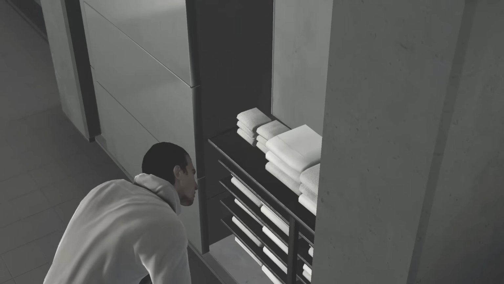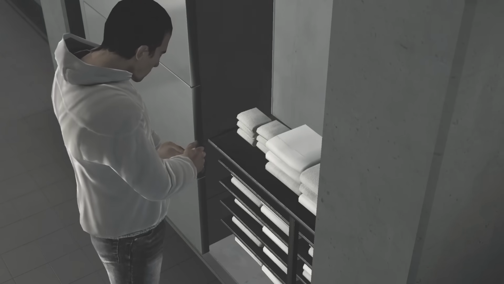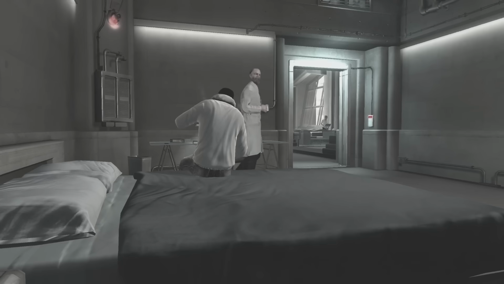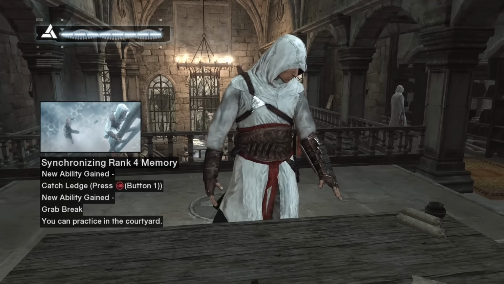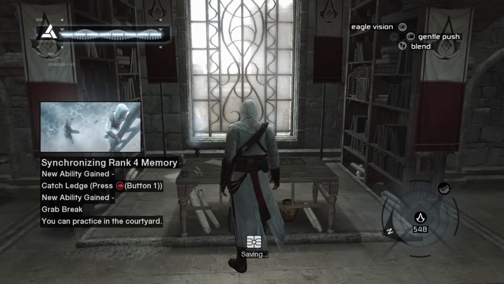Meanwhile, back in the real world, someone left an access code hidden amongst my collection of towels. The plot thickens. On top of this, Dr. Man hints that the Templars have come into power in modern times due to collecting several artifacts like the Ark of the Covenant. The plot thickens! I regain the ability to catch ledges while falling and break out of grab attacks, both of which are very useful, then head out to—